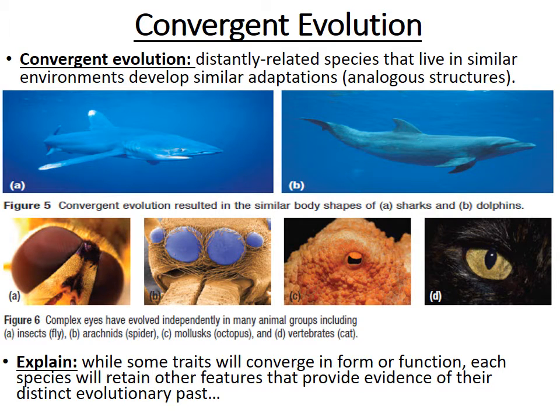Another type of evolution is called convergent evolution. We've seen this before, where distantly related organisms start to look more like each other. So if you take a look at the shark and the dolphin, they look very similar to each other despite being distantly related. We studied the